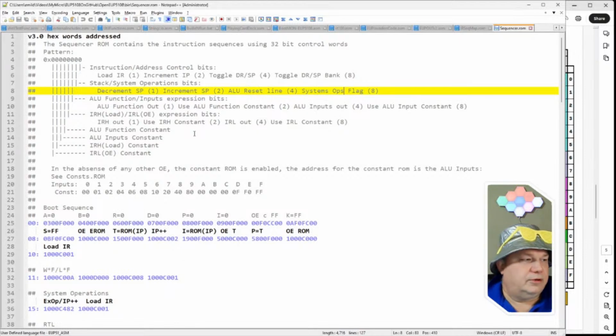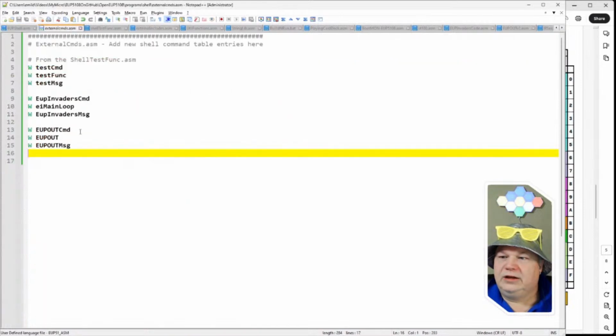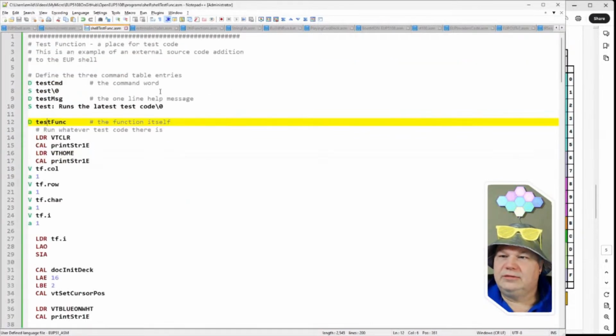Let's see. I think that was all we had for the design for now. Let's see what else we want to go through here. We added a function to our shell by adding the yup command. You know, I'm still a little wondering why our yup invaders code